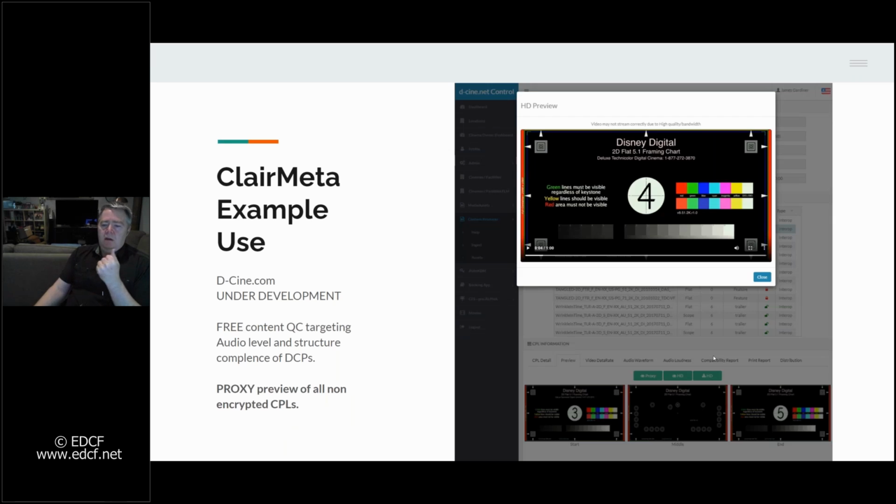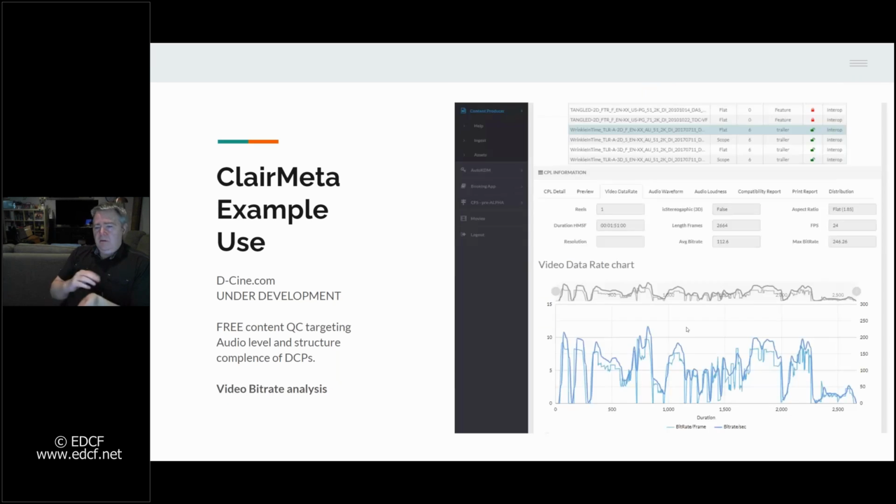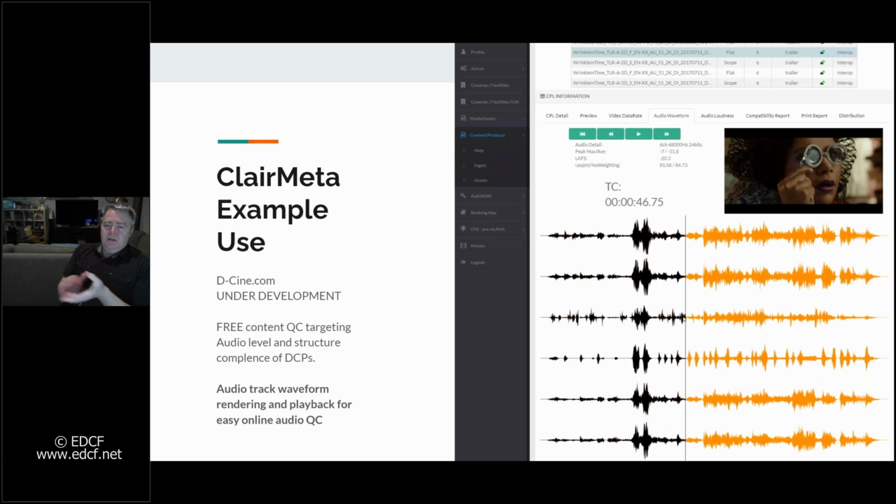You can preview everything to make sure it is what it's supposed to be. You can have a look at all the graphs of the video data in terms of its bitrate over time, etc., ensuring that it doesn't extend any bit rates over where it needs to be. And finally, obviously, it's got all the waveforms, the loudness in